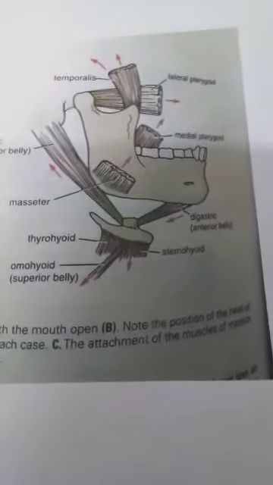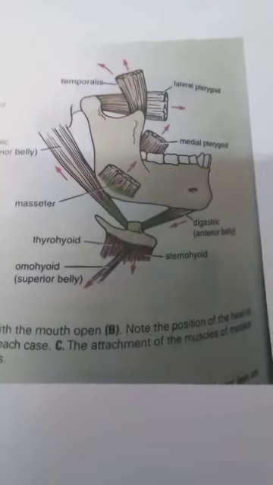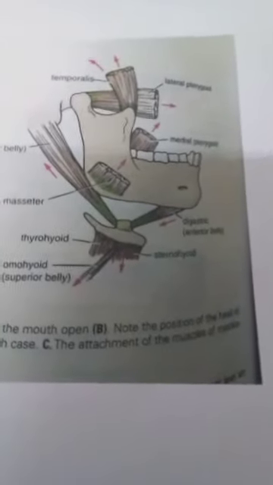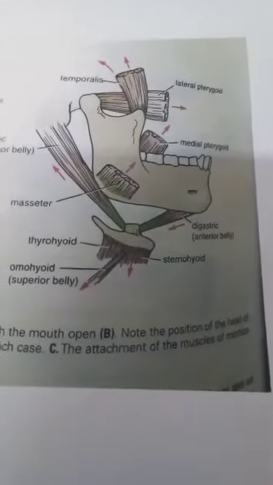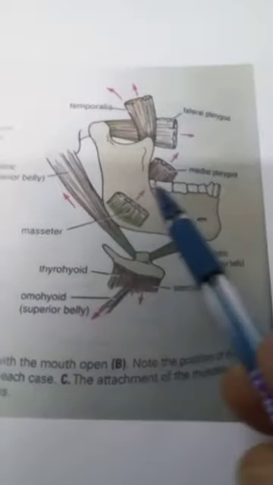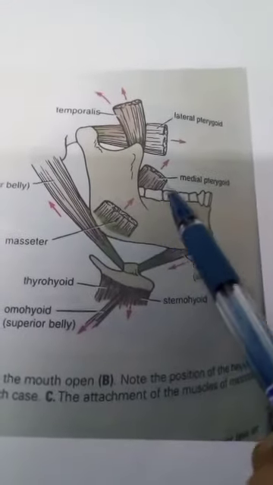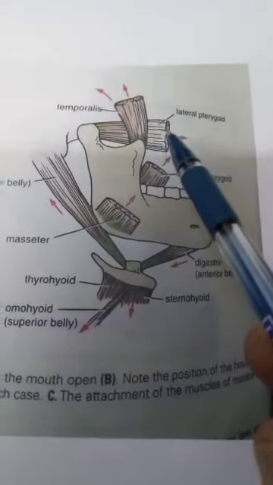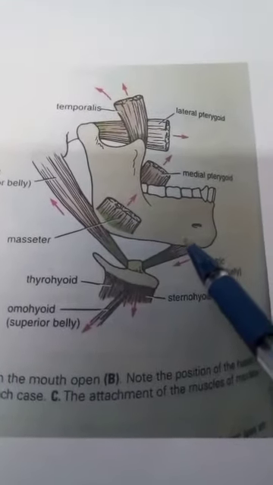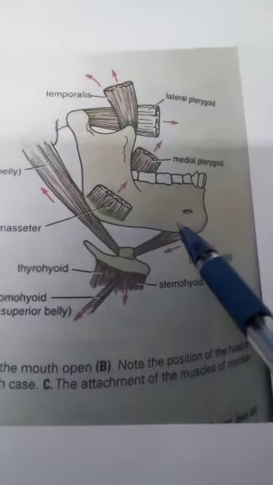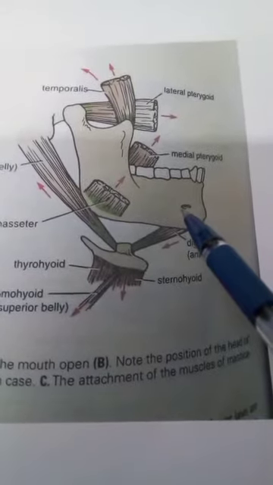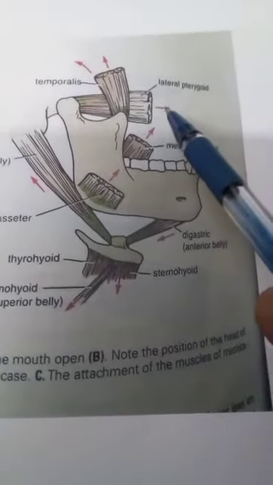Let us consider the movement of the temporomandibular joint during mastication. During opening of the mouth, first there occurs protrusion of the mandible, which is done by lateral pterygoids. It is followed by depression of the mandible, which is done by the following muscles of both sides acting together. What are those muscles? Lower fibers of lateral pterygoid,